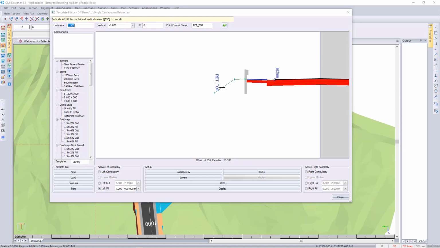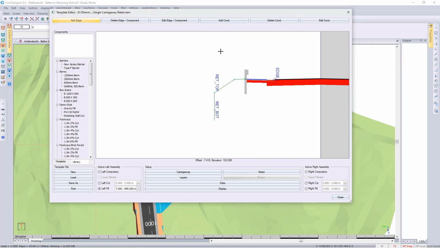Thereafter, I'm going to put in a horizontal movement of 0 and a vertical movement, and this is really just for explanation purposes, of -2. That vertical movement will change depending on the amount of fill we have in our project. I'm going to call this retention bottom. And escaping. For the retention wall, I've created something specific for this project for a reason. Now, if I place this,